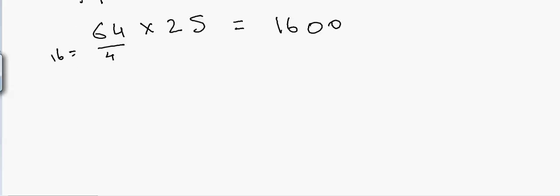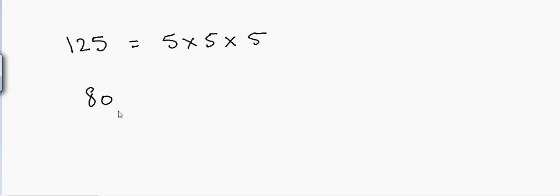Now let's say I have to multiply any number by 125. We know that 125 is 5 into 5 into 5. So instead of dividing by 4, we can divide by 8. Let's take an example, like if I have 80. I'm using 80 because it's easier to divide by 8. If I multiply it by 125, that will be equal to 80 divided by 8 is 10, and then 30 in the end, 1 2 3. So that is my answer.